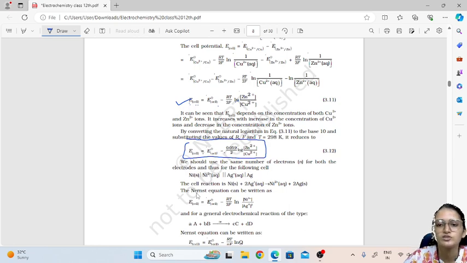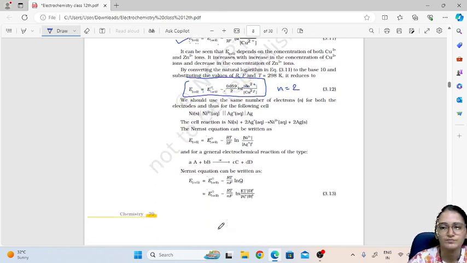Now this equation is in terms of the Daniell cell, because in the Daniell cell we have n equal to 2. Now what is n? n is the number of electrons. So n is equal to 2 in the case of the Daniell cell. And log of zinc 2 plus. Zinc 2 plus means what? The ion undergoing oxidation you have to take in the numerator, and the one undergoing reduction you have to take down at the denominator. So zinc is undergoing oxidation, so zinc 2 plus, and copper is undergoing reduction, so it is Cu 2 plus. You have to put the concentrations of both the ions here.